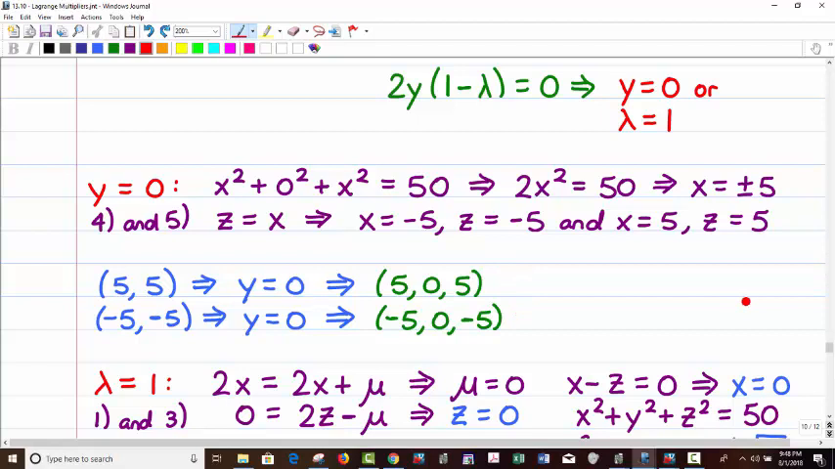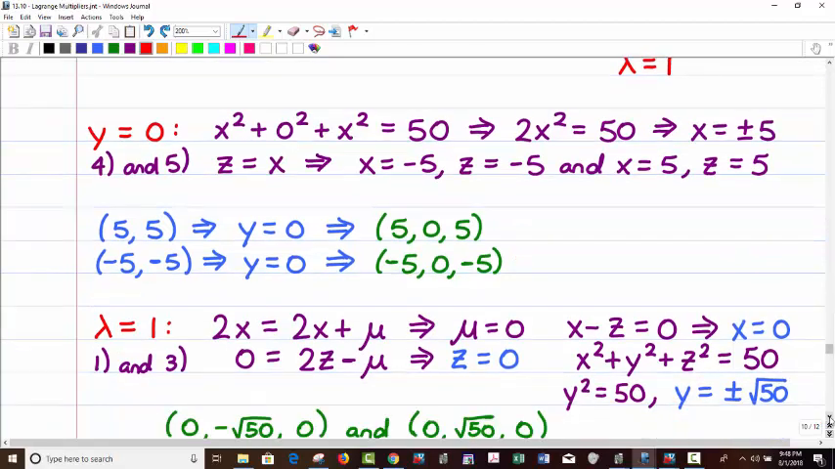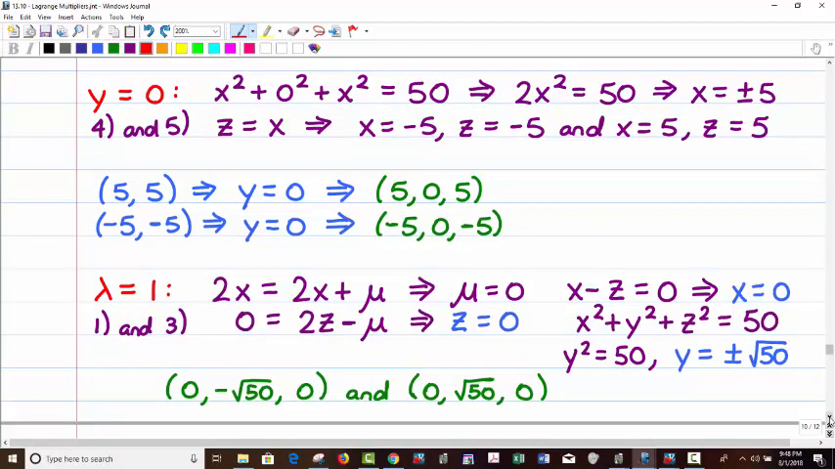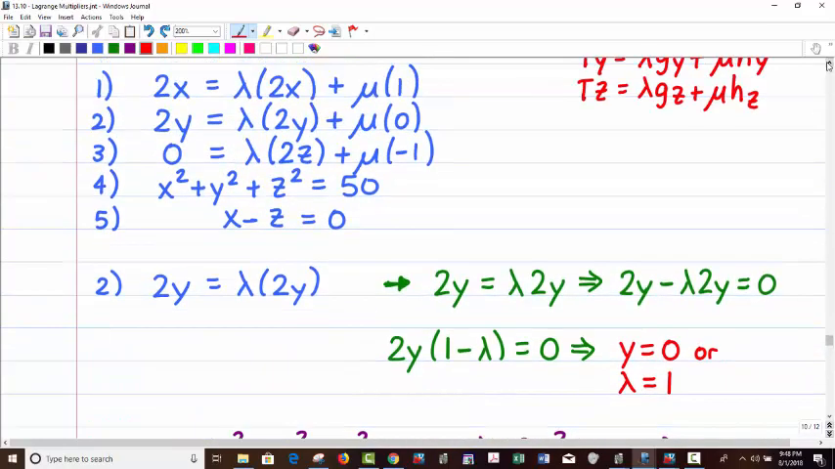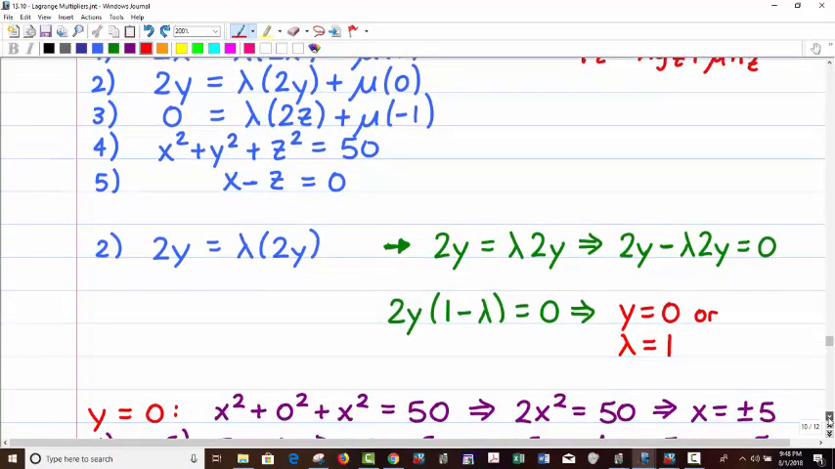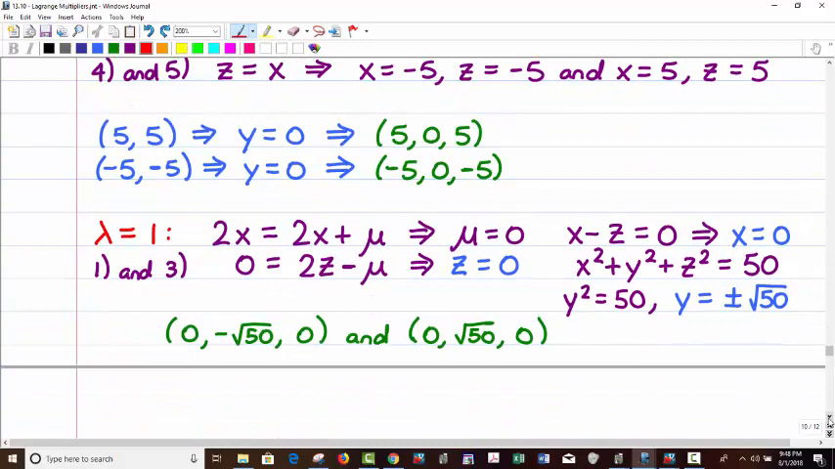Now let's see what lambda equals 1 yields for us. So I took the number 1 equation and I have 2x equals 2x plus mu. That tells me mu is going to be 0 because I put 1 in for lambda here. Let's work with that. And now this tells me for number 3,